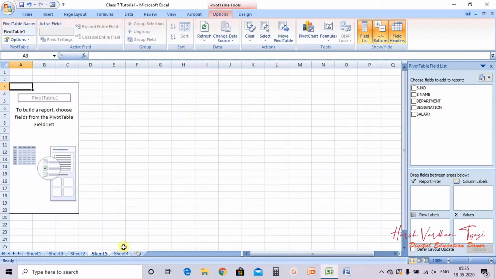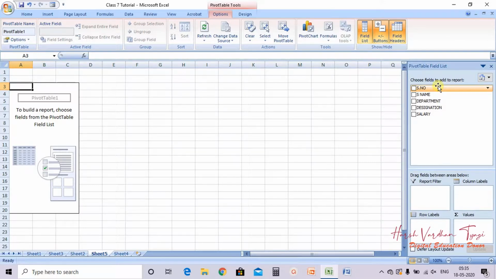So here it is, a new worksheet has been added and it has given pivot table tools in the tabs. Now we have options here. We can select any particular data.